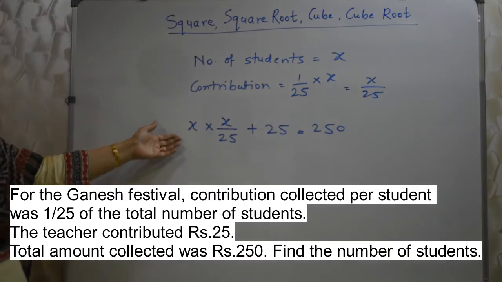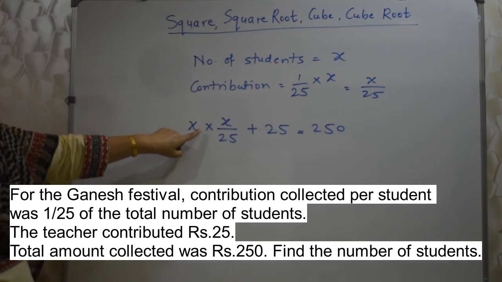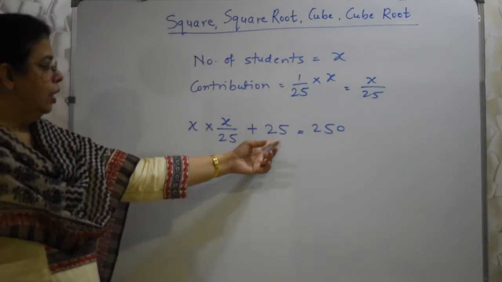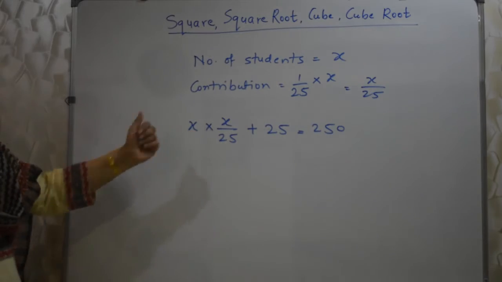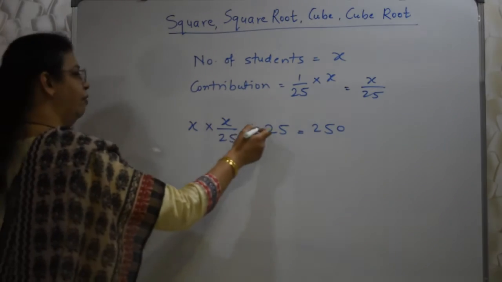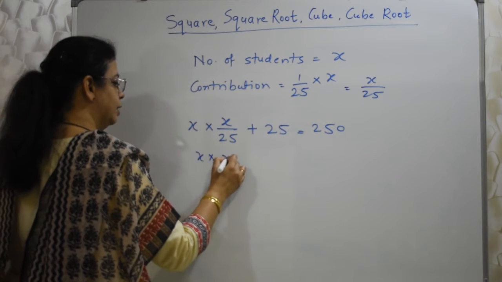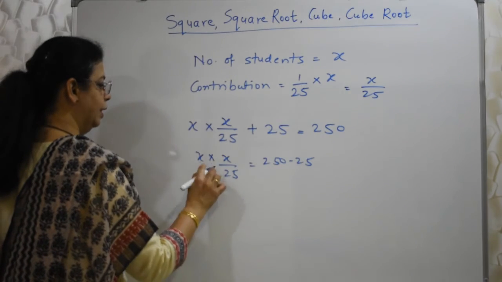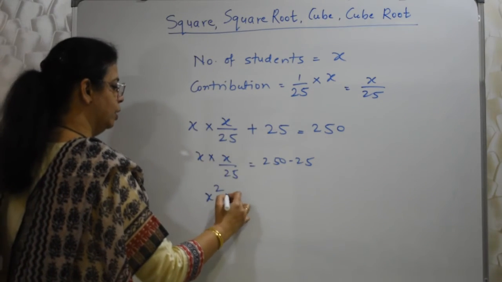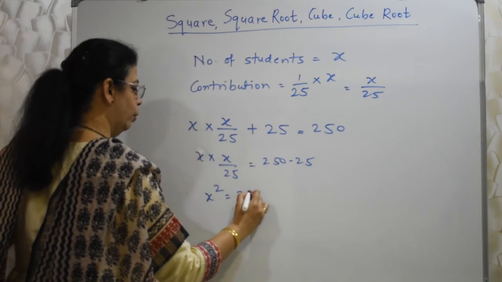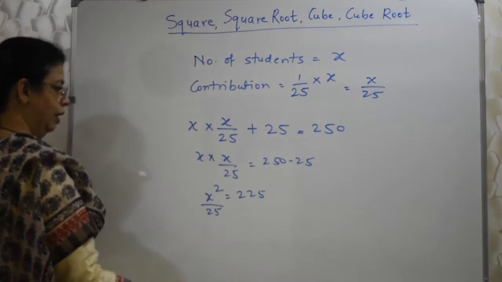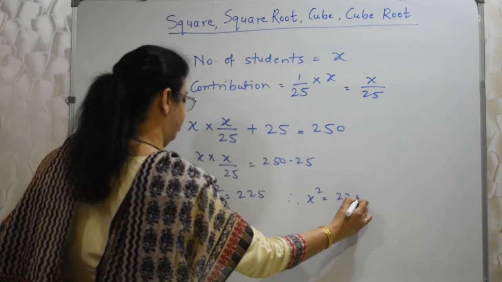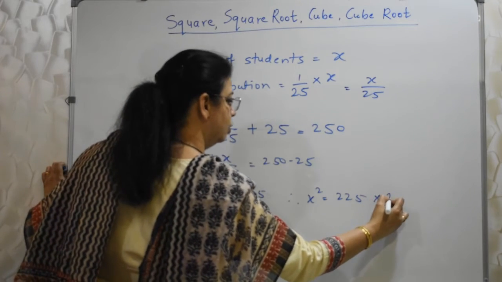Now we can write total contribution students का कितना होगा, number of students into contribution per student जो लिखा है उधर. So into plus teacher का, then we will get the total. That is what we have written in mathematics, right? Now this 25 we can shift there. x into x upon 25 is equal to 250 minus 25. That is x square, you can write x square is equal to, this is 225, 225 ये upon 25 इधर है, right? Now therefore x square is equal to 225, ये 25 उधर into करके जाएगा, so it is 25.